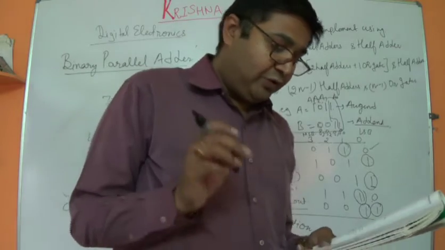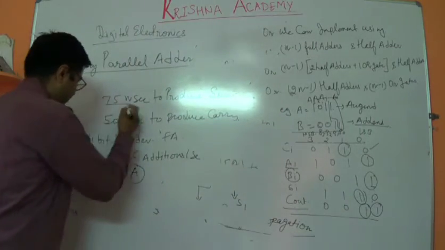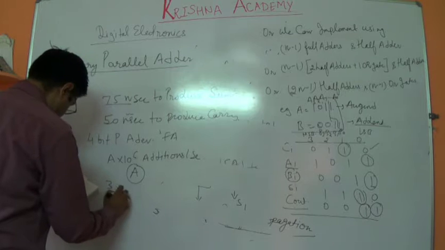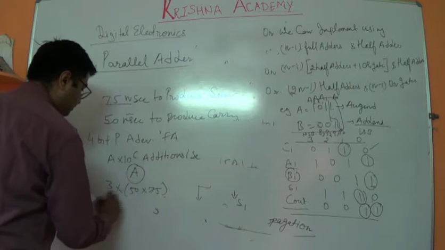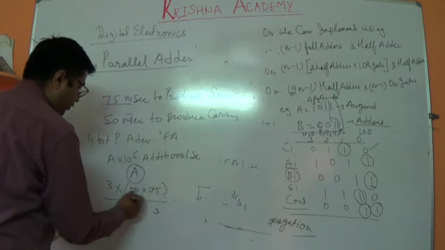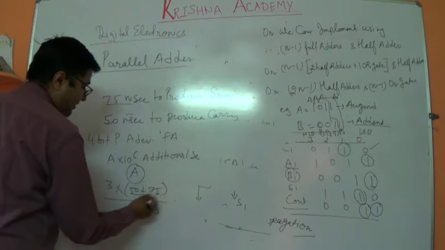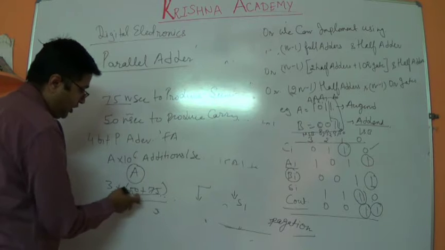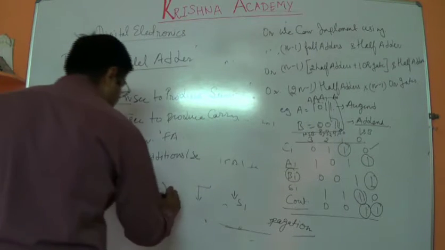Now what is the value of this? So what is the minimum propagation delay? 50 plus 75 is 125, into 3, and that will come as